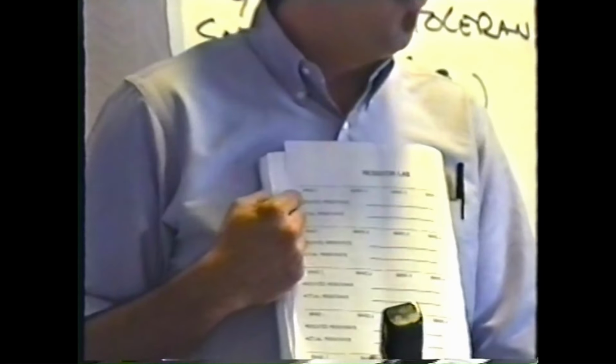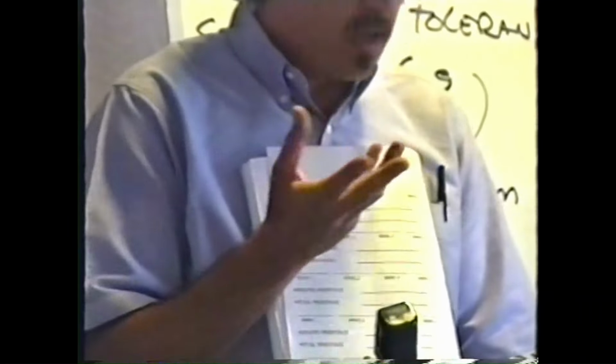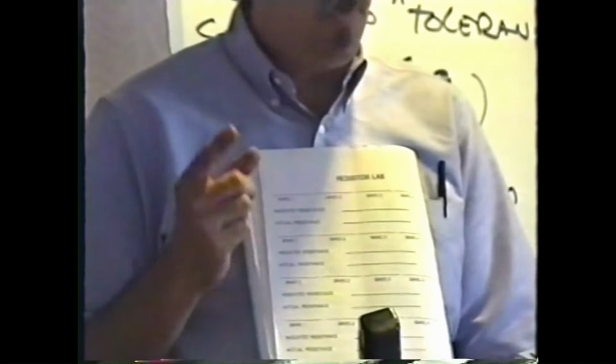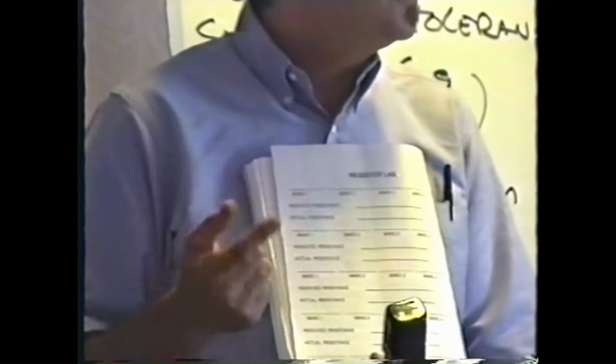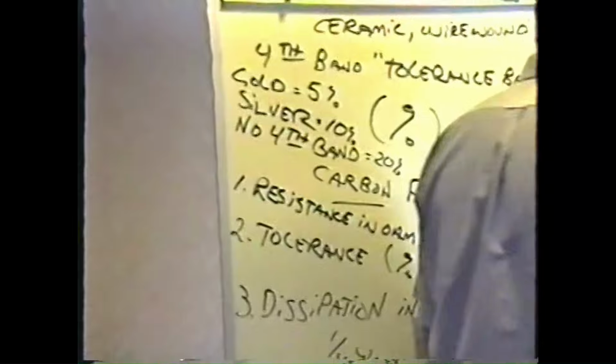Indicated resistance. What is the color code telling you the value should be? What is the color code saying? How many ohms should it be? Then I want you to measure it with your meter and see what the value actually is. When you measure the resistor with your meter,